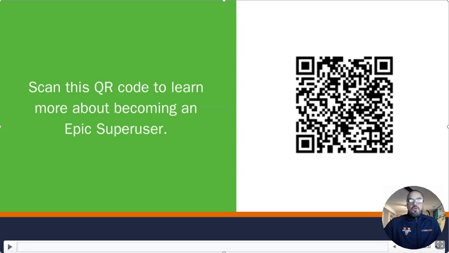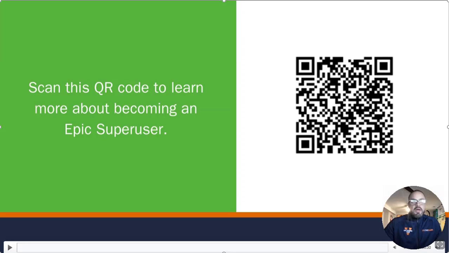And in scanning this QR code, it takes you to the intake form, which starts the process. That is essentially all that I have. So if you have any additional questions related to the Super User program, if somebody were to reach out to you to inquire about the program, just point them to the QR code or send them our way. You can send them to me directly or to the Unified Super User inbox. And we'll be happy to reply to them right away with all the details that they need.